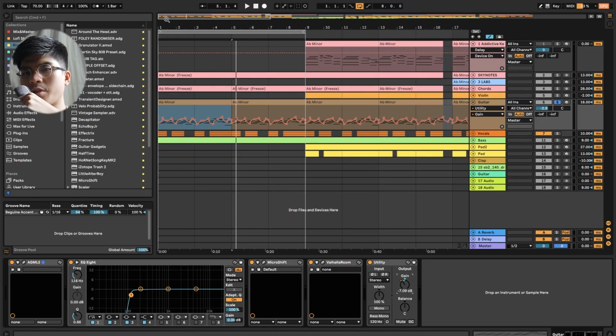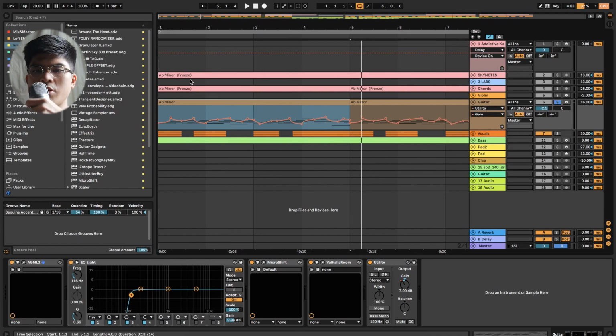So I do this thing where I automate it so that not every sound is coming into the beat at the same volume. So it sounds like the sample itself is moving. So it doesn't sound like it's constant, which makes it more boring. So this is how you can make something that sounds very simple still interesting. I learned this from